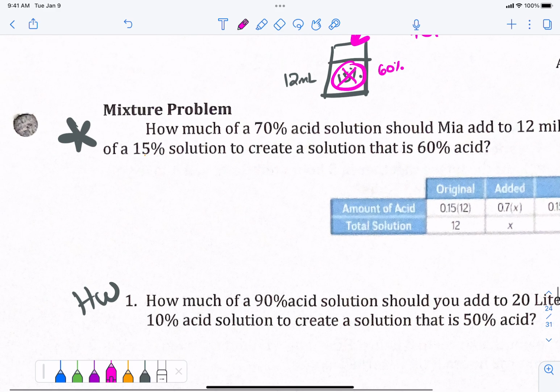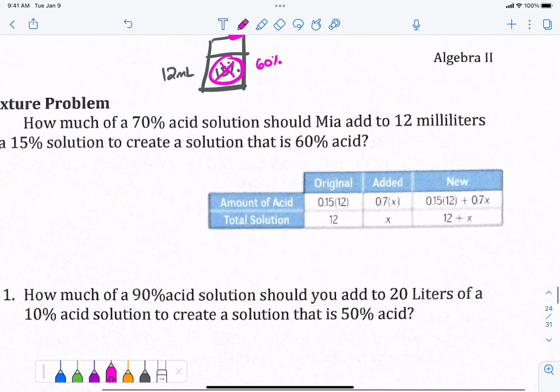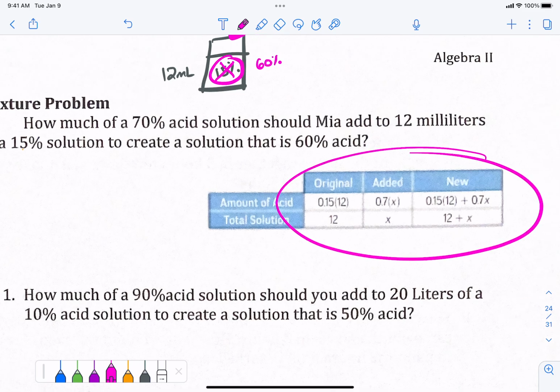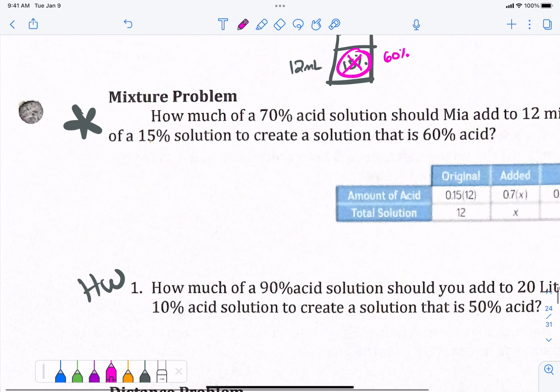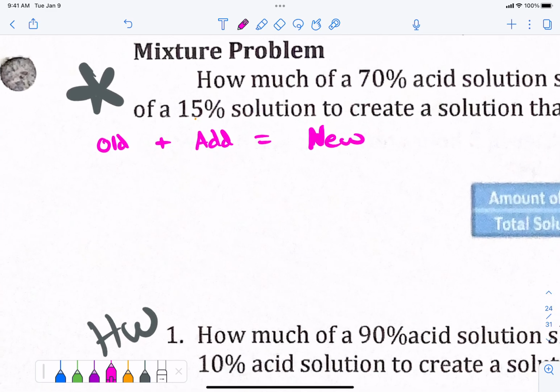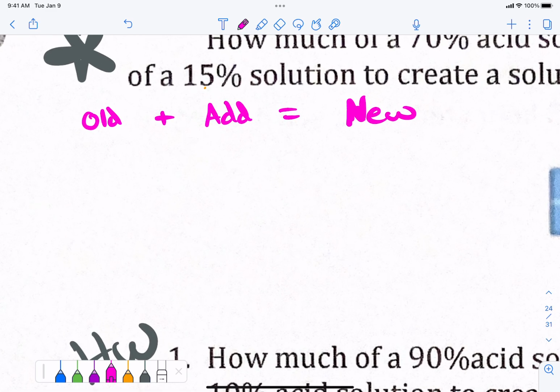All right, so here's the deal. They kind of have our thoughts sorted out right here. What I'm going to write off to the side is going to look pretty similar, but I'm going to do the old plus what we're adding gives me the new amount, right? Old plus what we're adding gives me new, okay? That's just a way of sorting our thoughts out to begin with. For the old, we know that it's 12 milliliters, and we know that it is